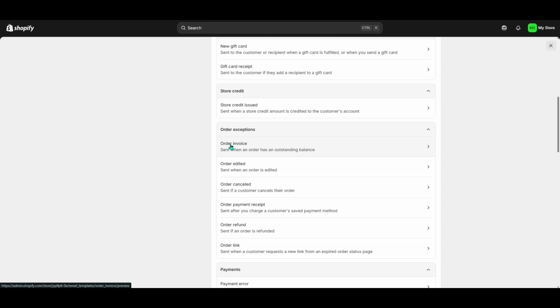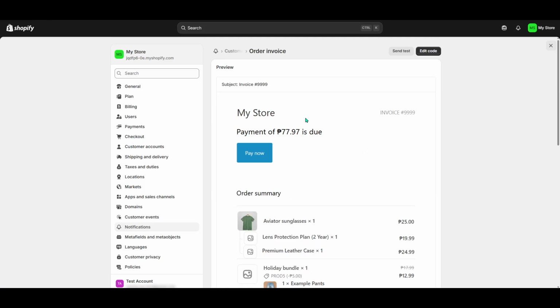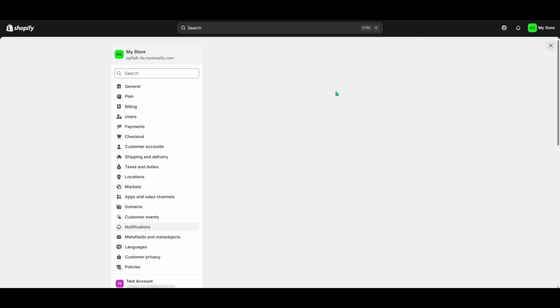This will give you a preview of what your current email looks like. It's always a good idea to take a moment to review this preview. You'll want to pay attention to the layout, colors, and text to see what aligns or doesn't align with your brand's aesthetics and tone. Once you've had a good look and decided on the changes you want to make, it's time to get creative. To do this, go ahead and click on Edit Code at the top right corner of